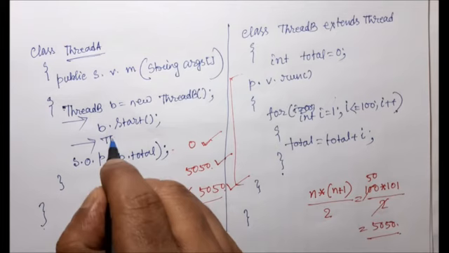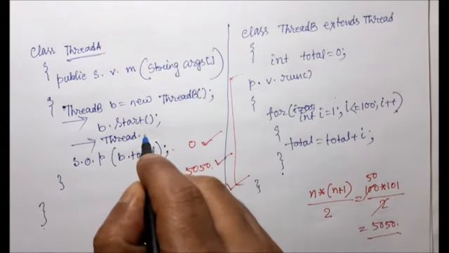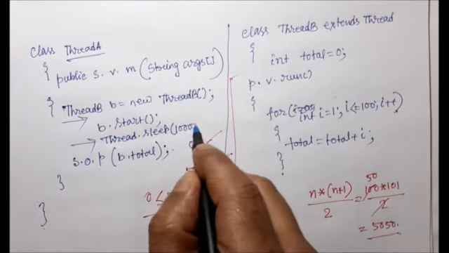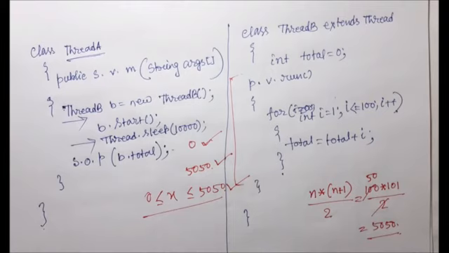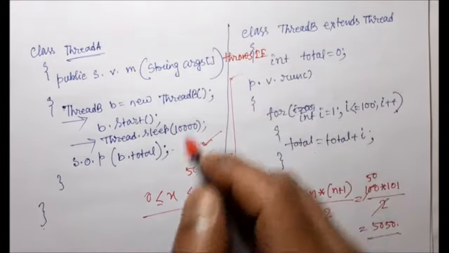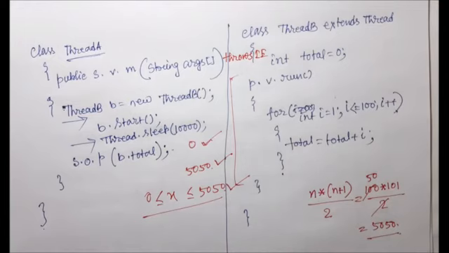So if I use the Thread dot sleep method, for example 10 seconds, so 10,000 milliseconds, right, and we have to use throws exception. Whenever we want to call it, we have to use the throws keyword, throws InterruptedException, because we are just calling the sleep method. Now what will happen, will I get the same thing or not? Let me analyze this code.